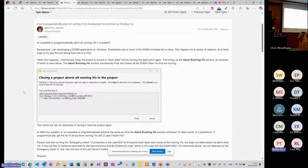I was just questioning whether it's possible to programmatically bring up this dialogue that we now have in LabVIEW. We've had this new dialogue for the last couple of years or so. It's a relatively new feature, and every time I see it, I'm thankful for it. I'm like, wow, that's fantastic, because you get this window when you close a project